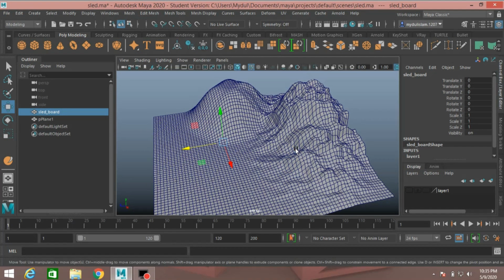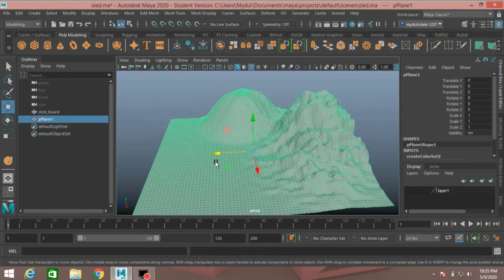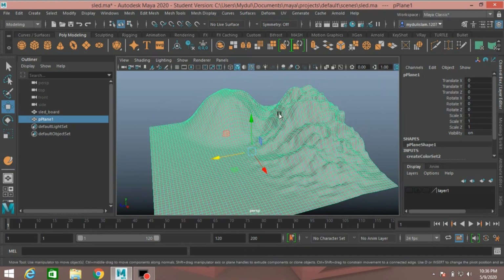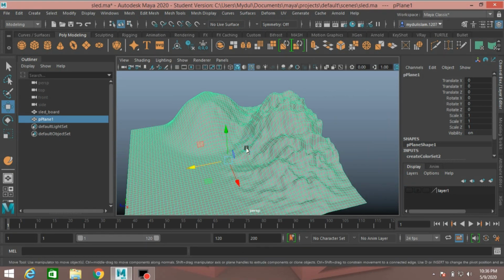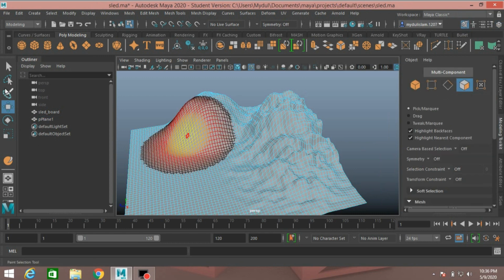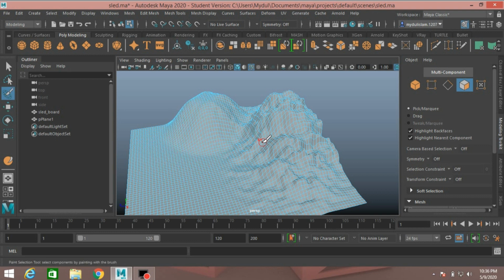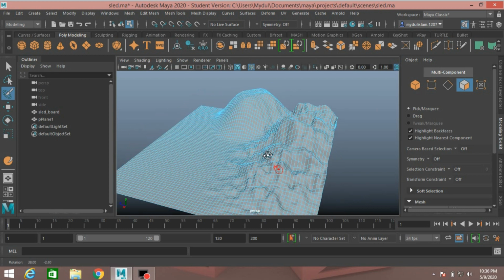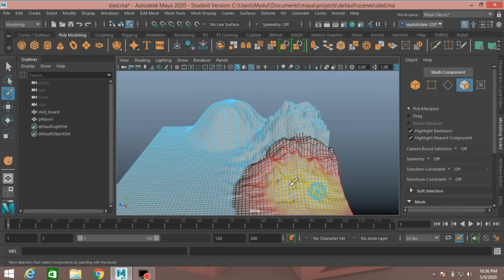Hide the slate board. Select this. Again face selection mode. Select the paint selection tool and press B to turn off the soft selection mode and select this face.